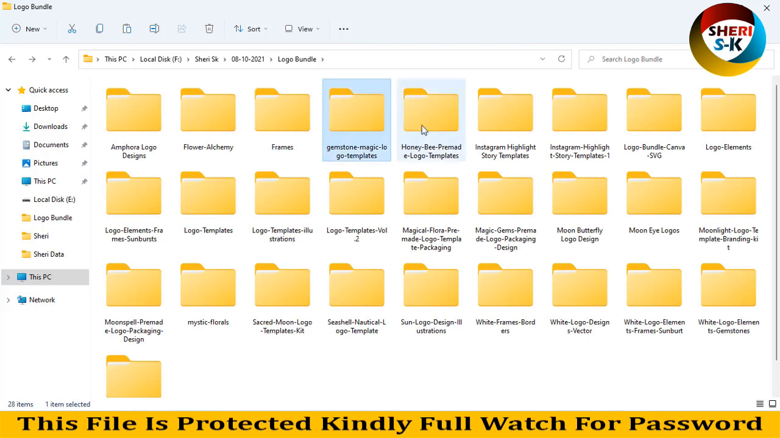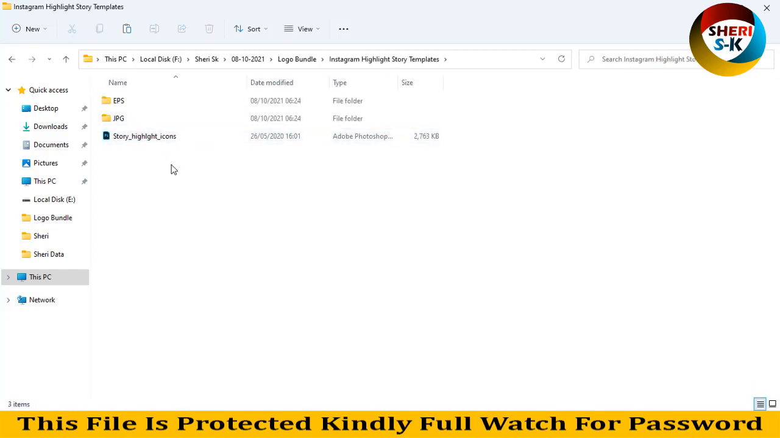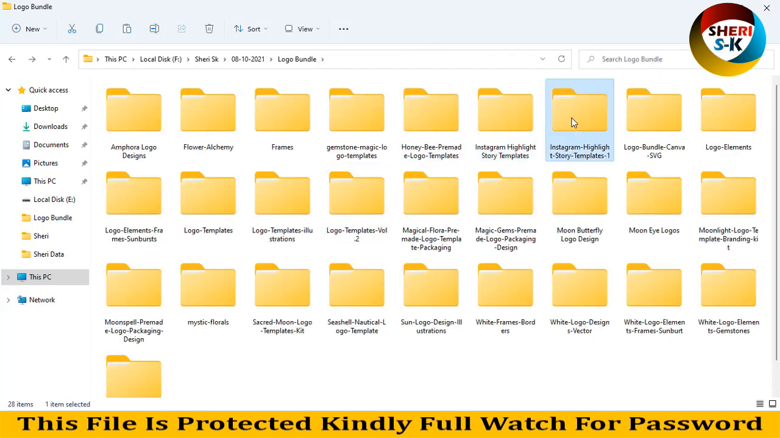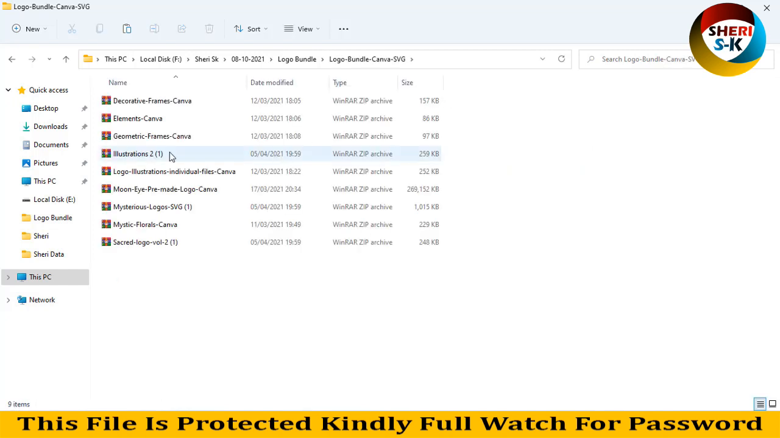Frames, honeybee, and here are Instagram highlight story templates. And these files are in PSD. Here is JPG. Here is EPS file. Instagram highlight story, and here is a logo bundle for Canva, SVG file. These are in a zip file. Here is